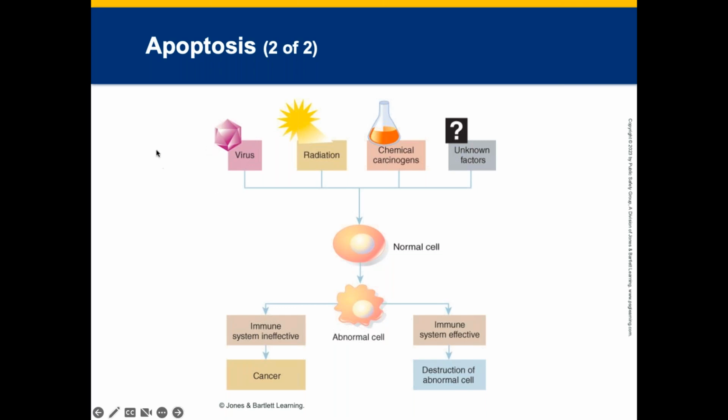Normal cells start with the virus, radiation, chemical, carcinogens. They convert the cells from being normal to abnormal. So give me some chemical carcinogens that would lead your normal cell to go into an abnormal cell to start with, creating cancerous cells. Literally anything we come into contact with in the firefighting service. Exactly, right? Anything that you wear.